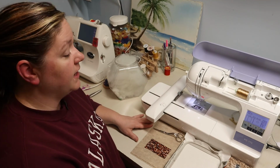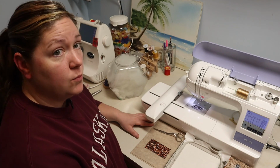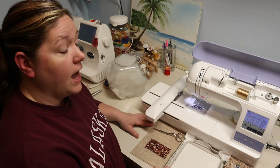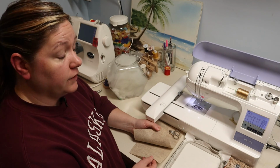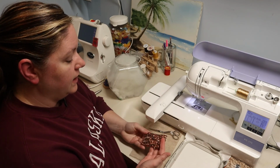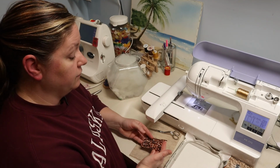Okay, so here are the supplies we're going to need for our project today. I have pre-hooped a medium weight cutaway stabilizer into my 5x7 embroidery hoop. I'm using the Brother PE 770 for this project. I have two pieces of felt, one for the front of our bag, one for the back of our bag. I have a cute little coffee bean fabric that I'm going to be using on the front of the bag